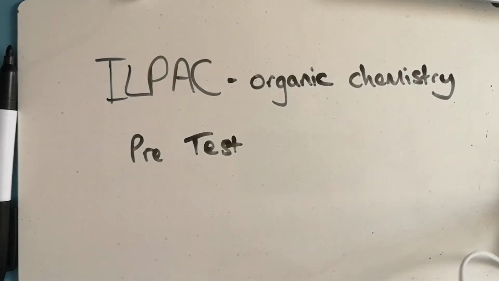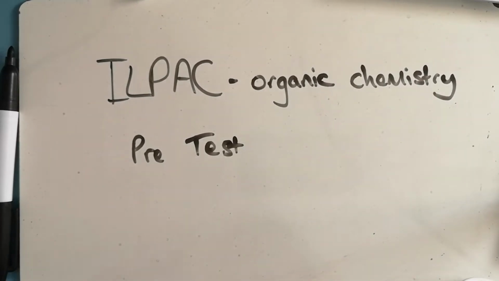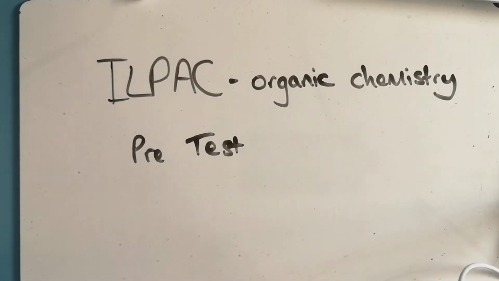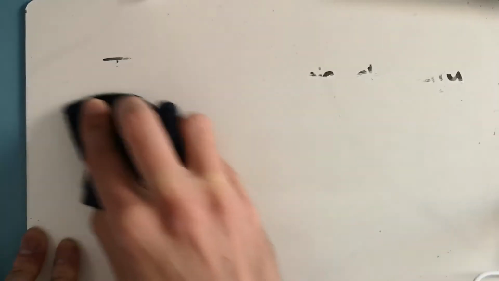Okay, this video is going to look at the ILPAC organic chemistry pre-test. I've attached a copy of it below if you don't have your own, but we'll just go through each question. So the first one: benzene and cyclohexene react with hydrogen in the presence of a catalyst according to the following